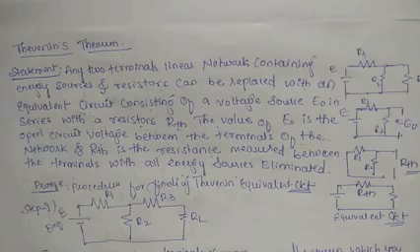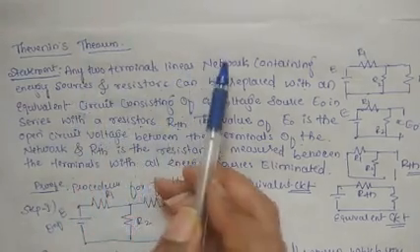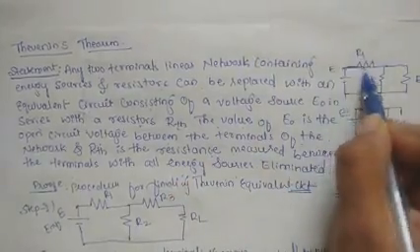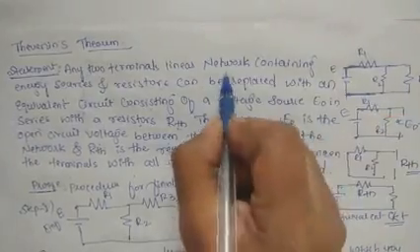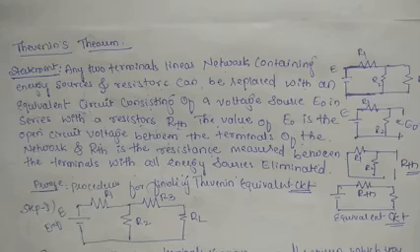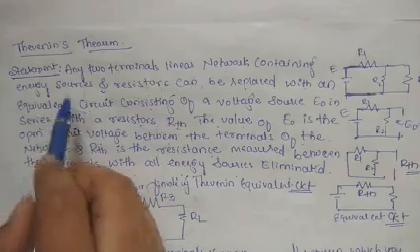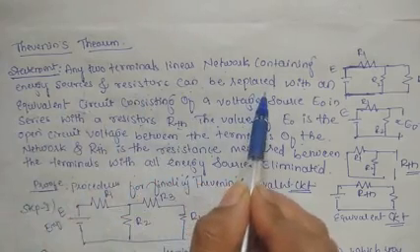But how do we understand this sentence? Any two terminals linear network. This is the two terminals. Energy sources and resistors can be replaced with an